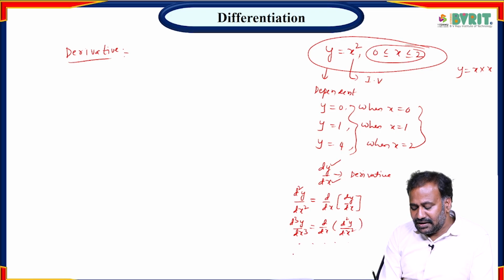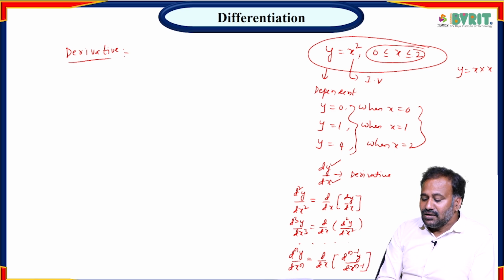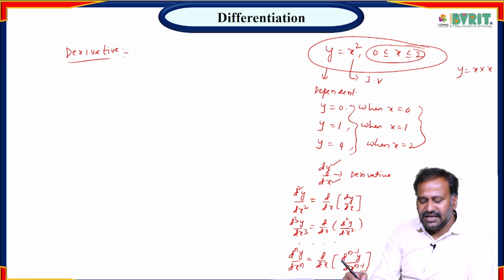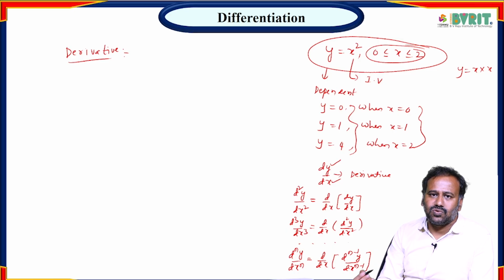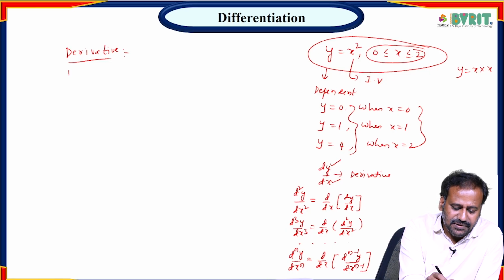Finally, the nth order derivative d^n y by dx^n, I can write it as d by dx of d^(n-1) y by dx^(n-1). All these are derivatives: first order derivative, second order derivative, third order derivative, and so on, nth order derivative. Okay, now the definition will be like this: